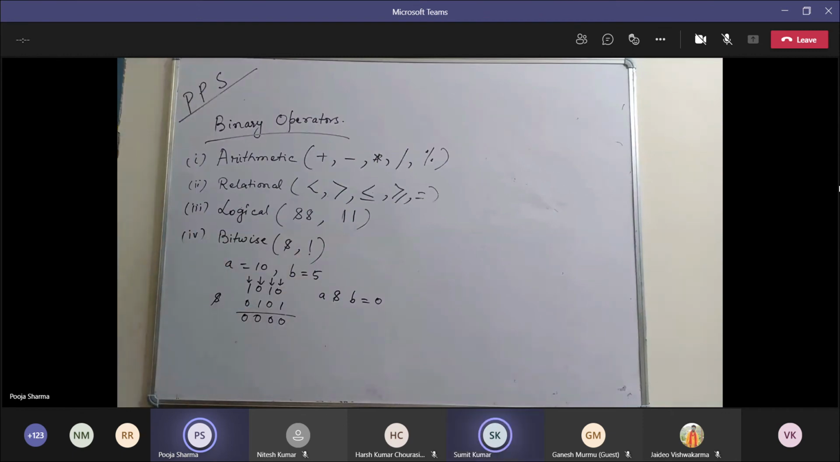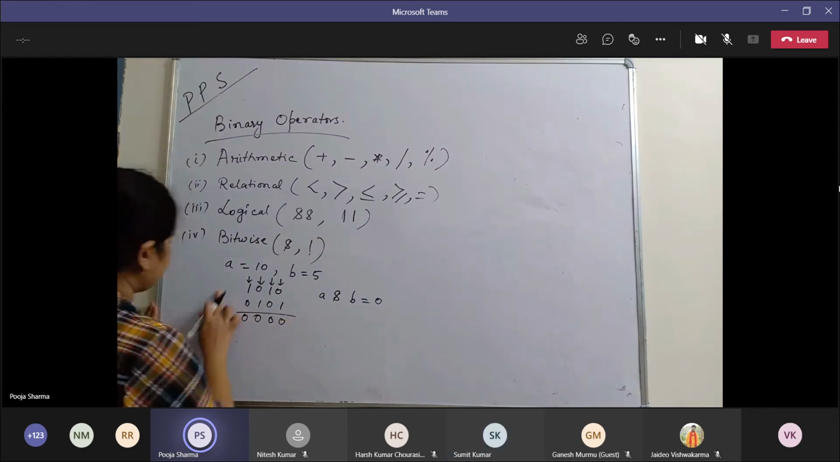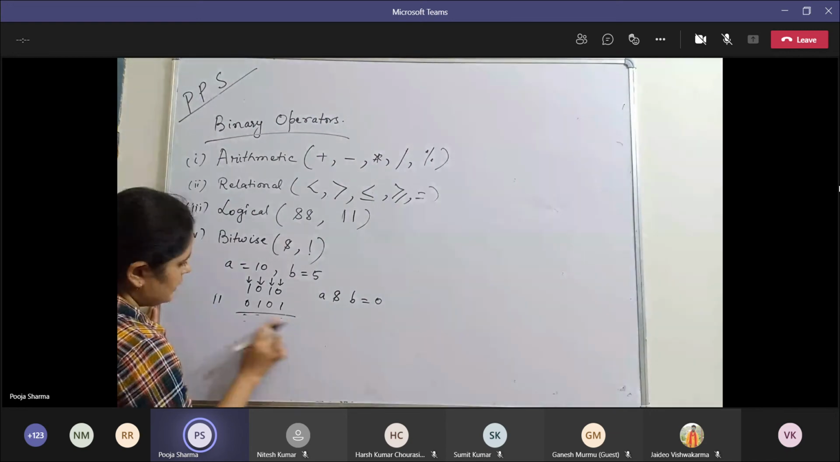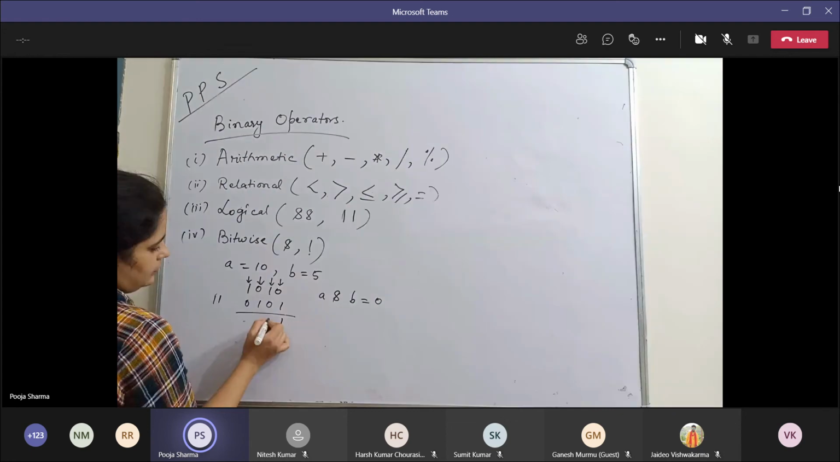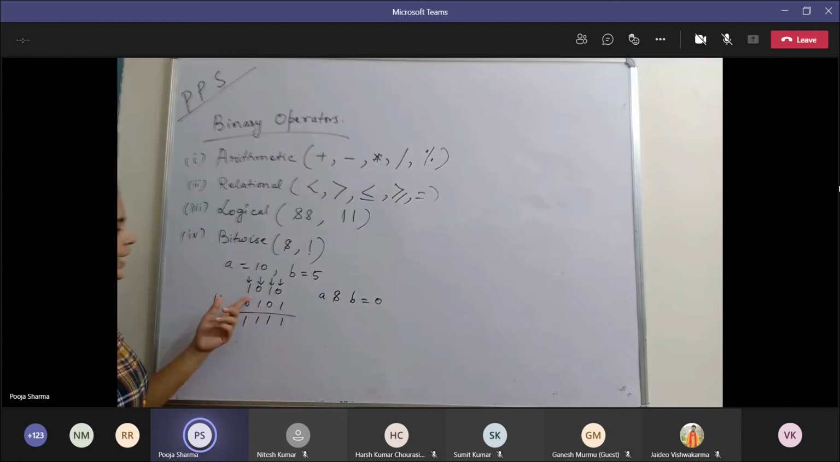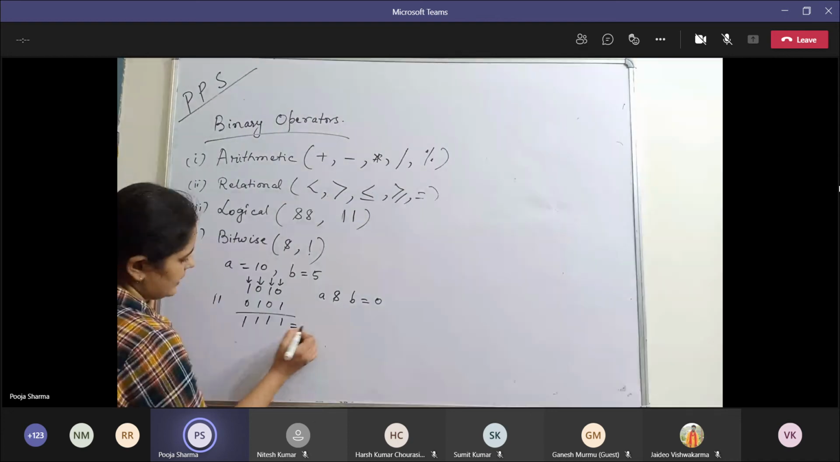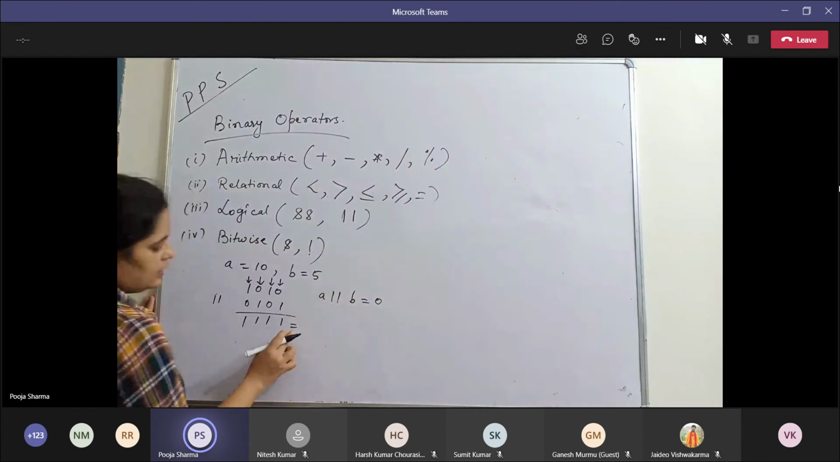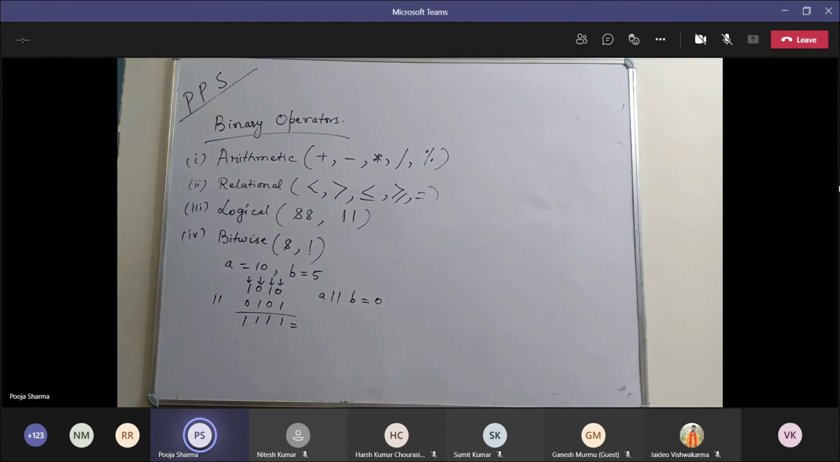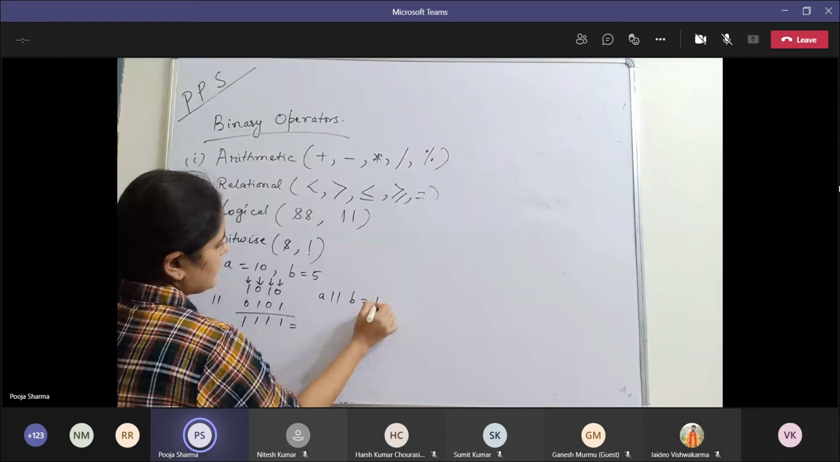Similarly, if I consider bitwise OR, ये क्या होगा? 1 1 1 1, ऐसा होगा। अगर एक भी इनपुट 1 है, तो ये ट्रू हो जाएगा। ये नंबर डेसिमल में क्या होता है? बताओ यार। 15 मैम, 15। ठीक है।